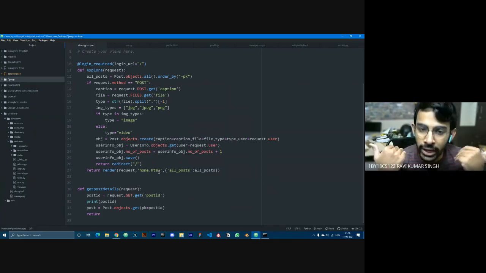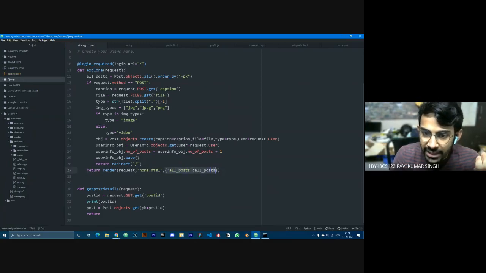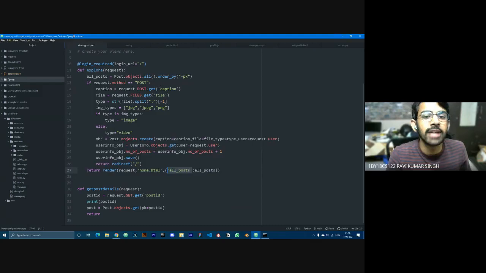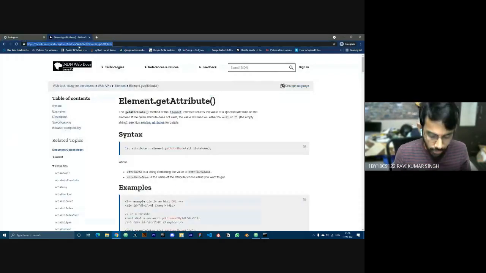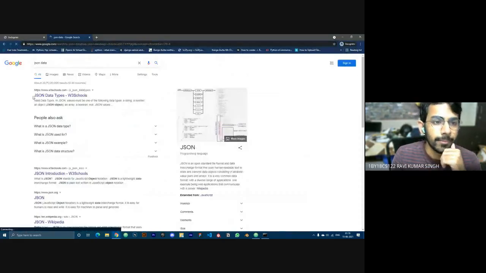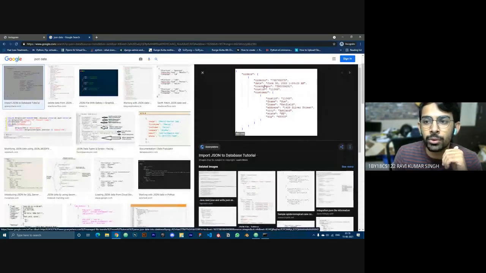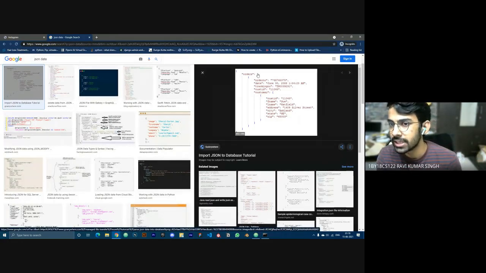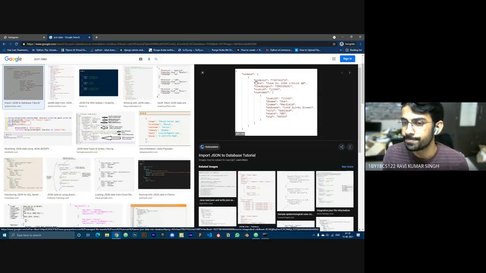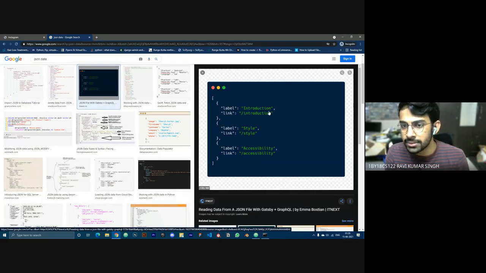JSON is very simple. You guys already know about JSON. All of the data types which have a key value pair, that is JSON. For example, if I show you some examples of JSON data, now if you see, it's just a key and a value, then the answer. Now it's a bit complex. It has orders, which is a list. Inside that I have order number as key, then value, then date is key, then value, all of these kinds of things. This is a better example. This is what JSON data looks like. Cool.